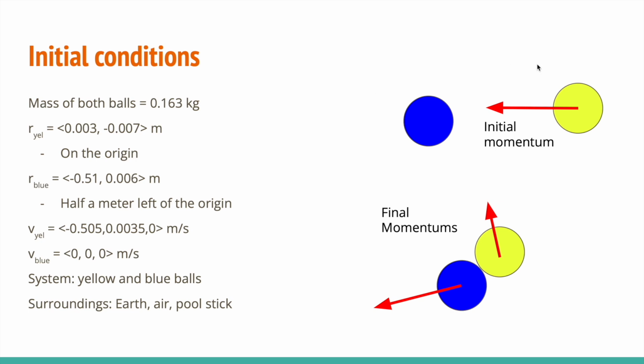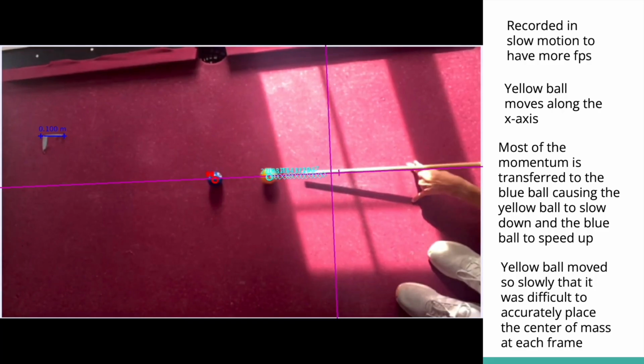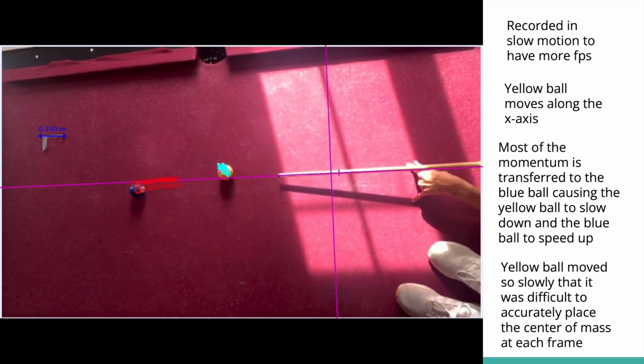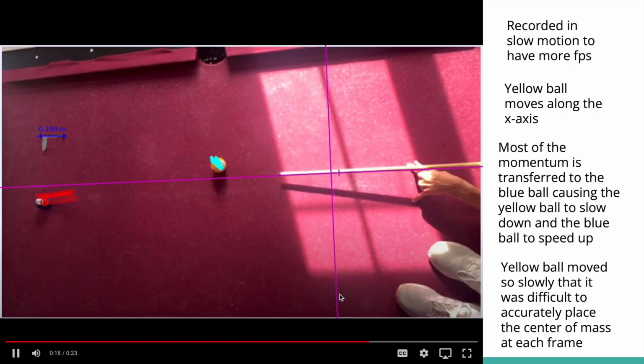On the right, we can see that at first only the yellow ball has momentum that goes directly left, while after the collision, the blue ball has momentum to the left and downwards, while the yellow ball has momentum up and to the left. I recorded this video in slow motion so it would have more frames per second. The yellow ball moves along the x-axis. Most of the momentum is transferred to the blue ball, causing the yellow ball to slow down and the blue ball to speed up. The yellow ball moves so slowly that it was difficult to accurately place the center of